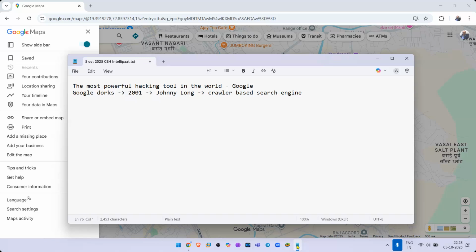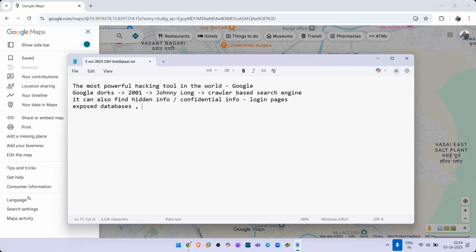So this guy realized that when Google is finding and categorizing everything, that means it can also find hidden information, it can find confidential information, and if you know the right command, you can get details. I want to know login pages of your website, I can get that information. I want to know your exposed databases, I can get that information.